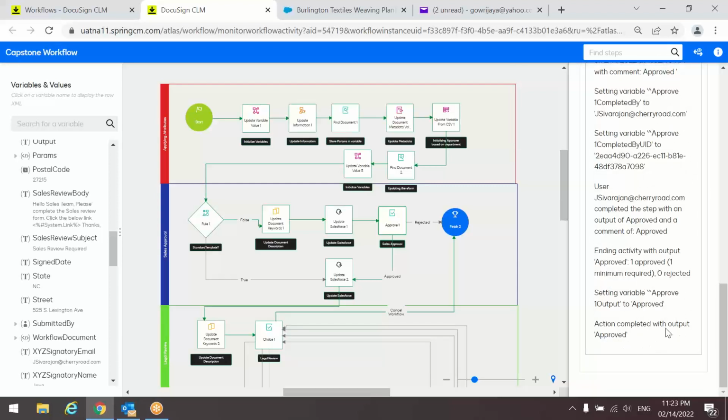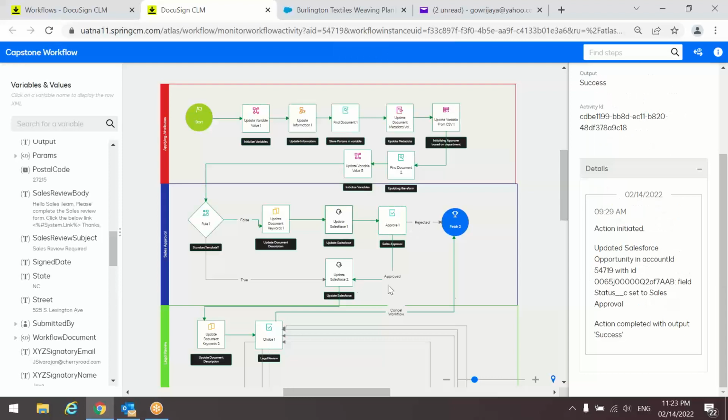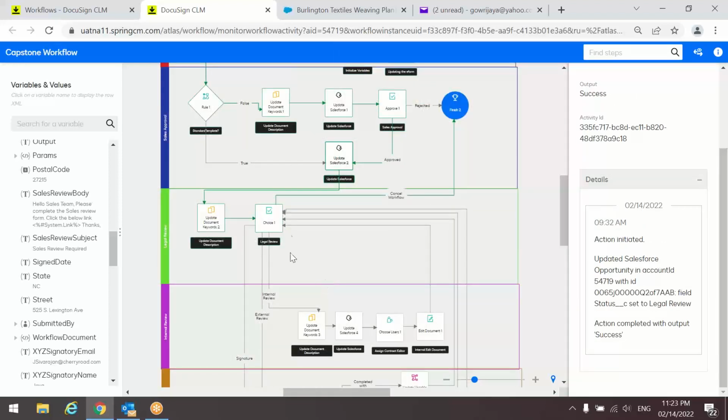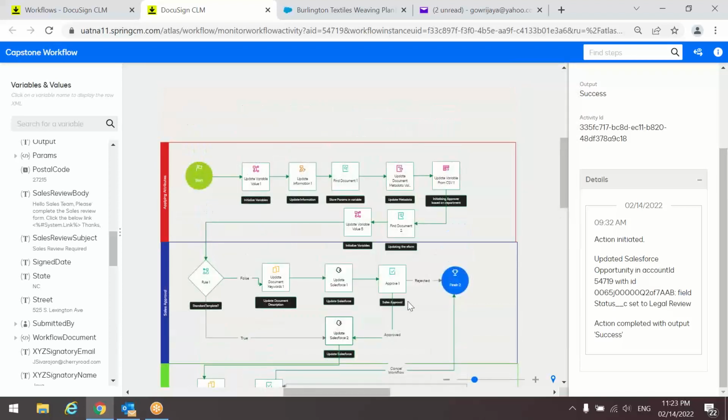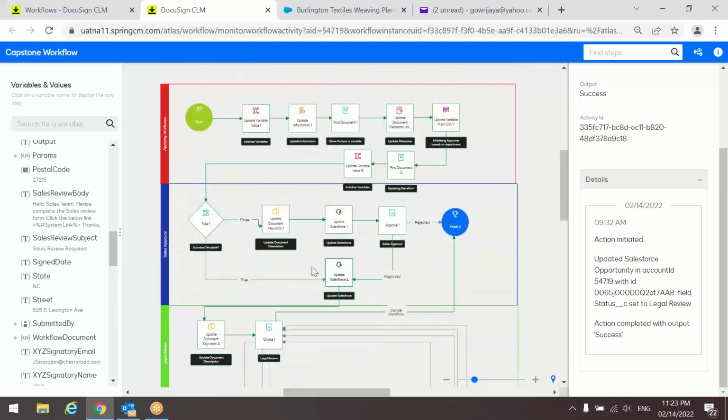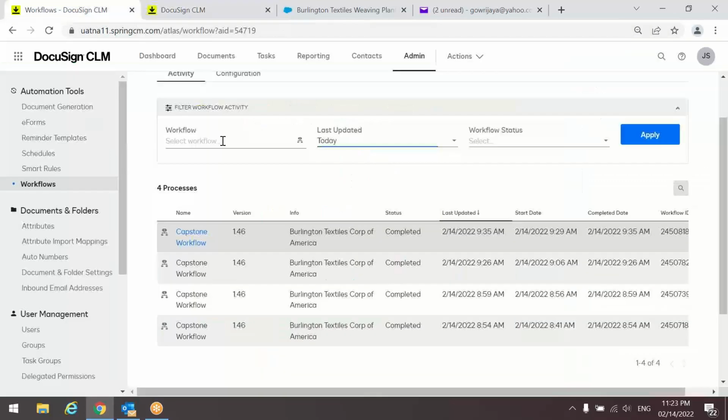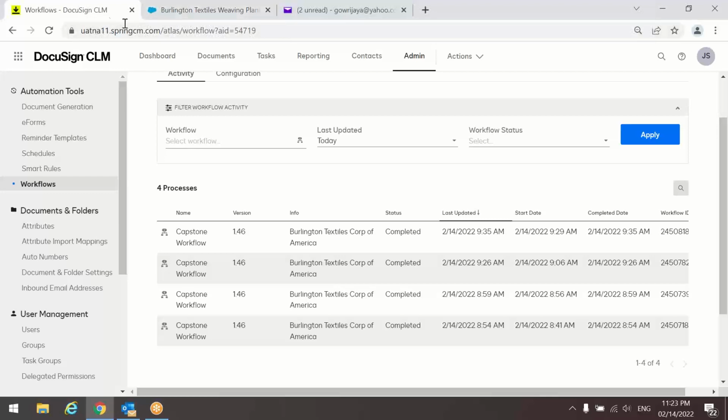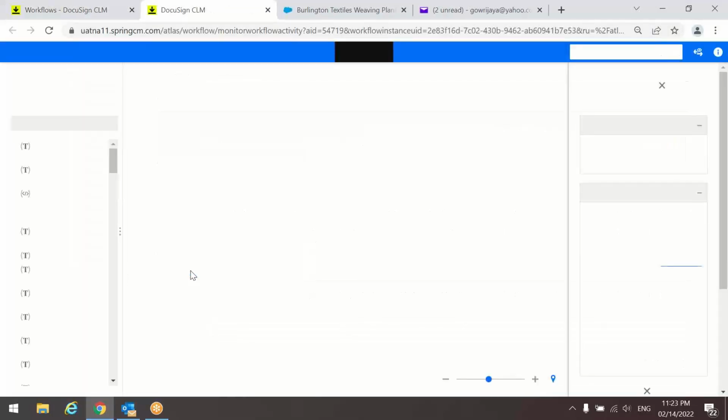Action completed with output approved. So each and every step you can see. And finally I have canceled the workflow for this. So this is about the activity for the third party template. And I'm just closing this. We'll now move on to the other activity,